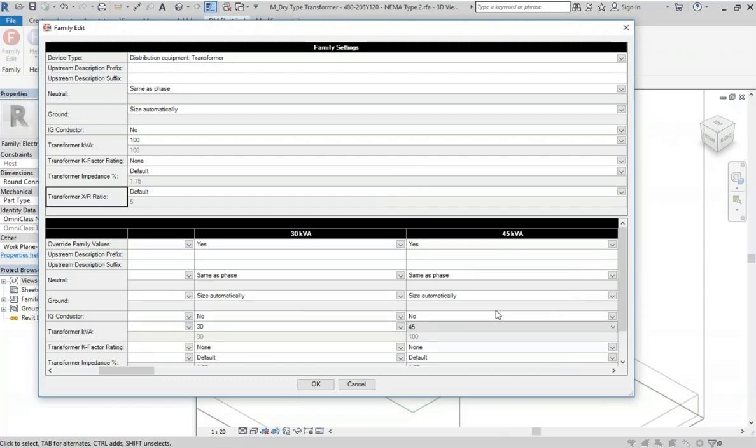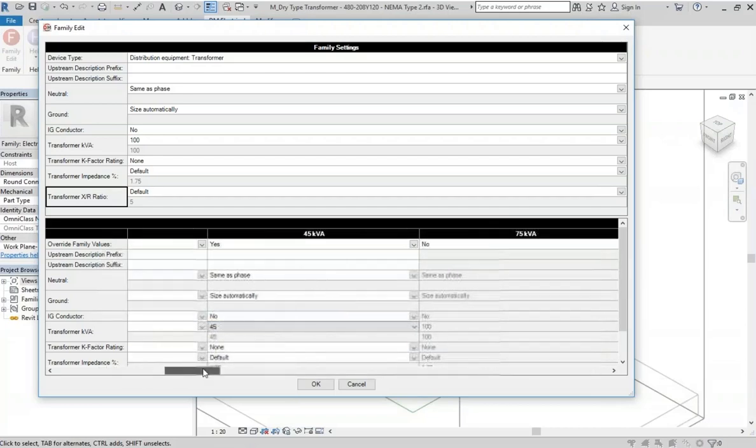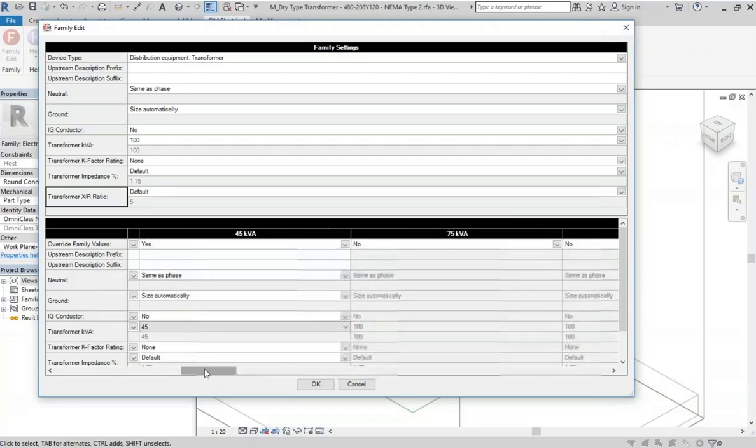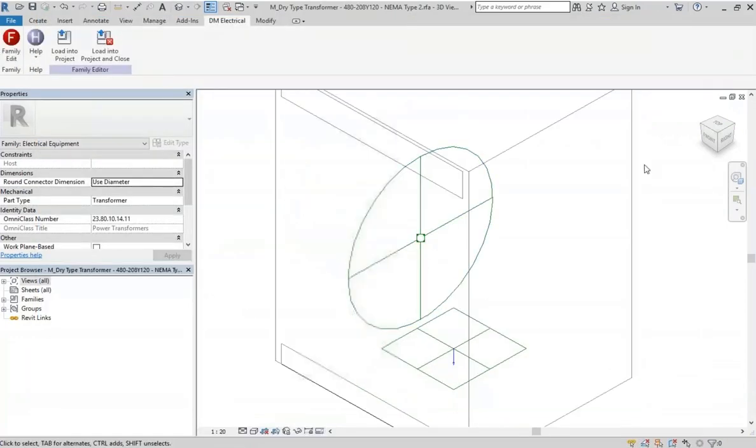As you can tell, it's a little bit of work, so there's definitely some front-end work you have to do to get things set up. But then you can reuse your families, and it's got all this set up ahead of time. You could go through there and continue setting your kVA sizes, or whatever else you need for those transformers. If I go back to our model,